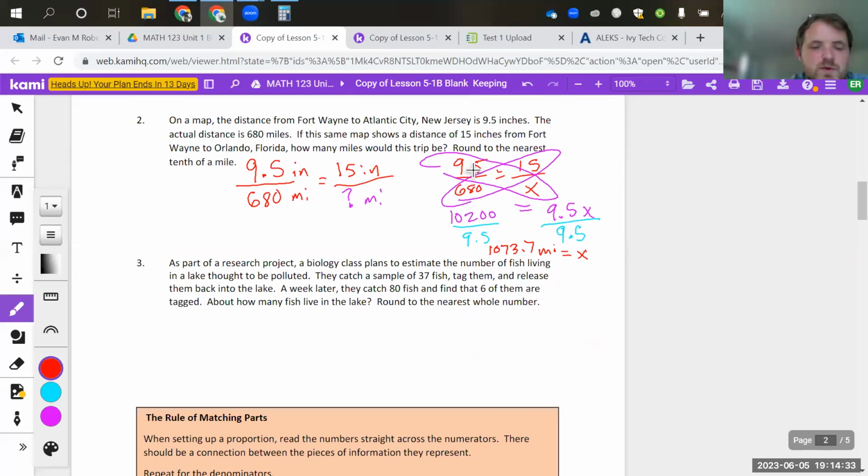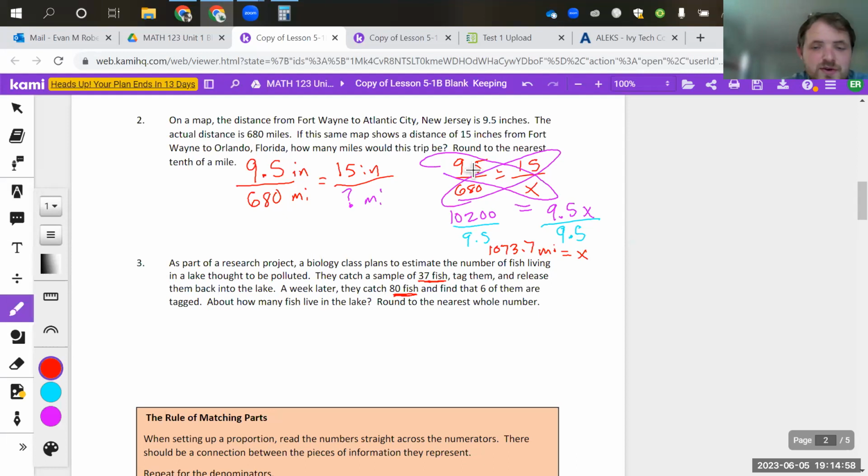So we've got another scenario where we have to set up the two fractions. So we've got this biology class with some fish, and they're catching a sample of 37 fish and releasing them. And then they catch 80 of them and 6 of them were tagged. How many fish live in the lake? So if I set up this proportion,